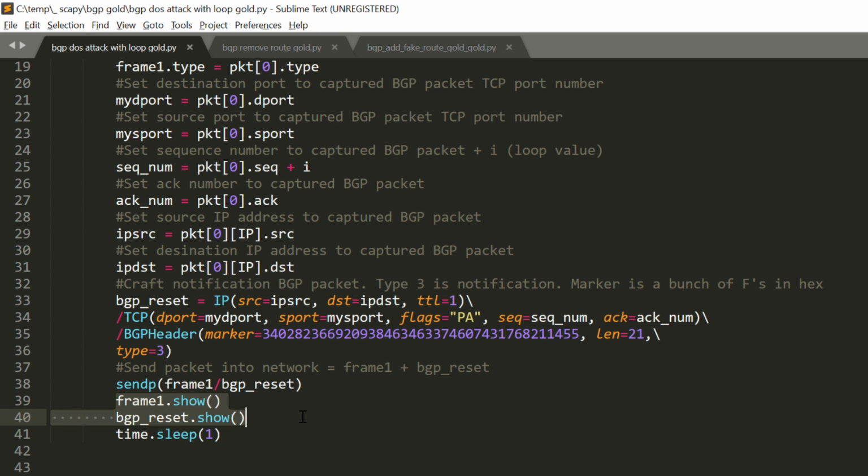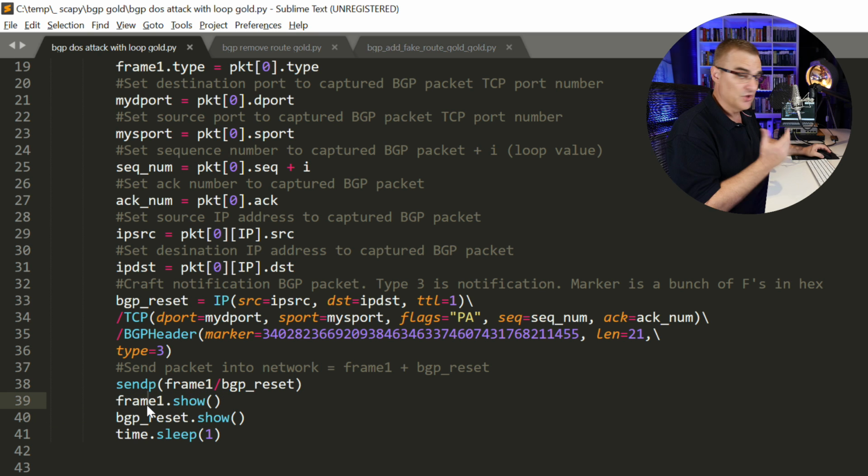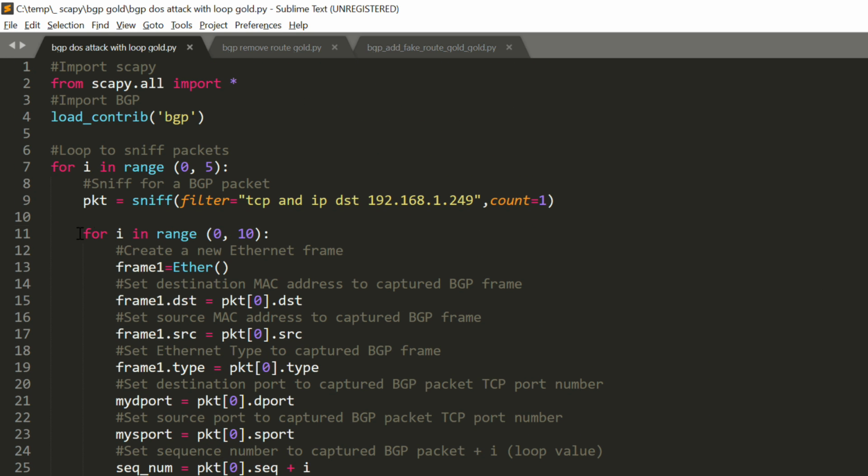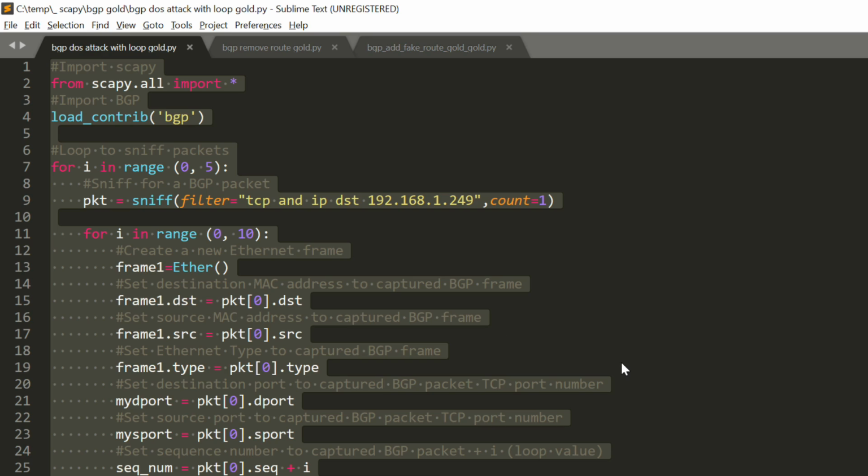But just to show you what it looks like, I've got some show commands here that show the frame. So show layer 2 and then show the BGP Reset message, sleep for 1 second, and then I'll loop round. Now the reason I've got 2 loops here is if the BGP relationship resets, I want to grab another frame when the BGP router tries to reestablish the relationship. Take that and then send more reset messages to get it to reset again. Okay, so there's our